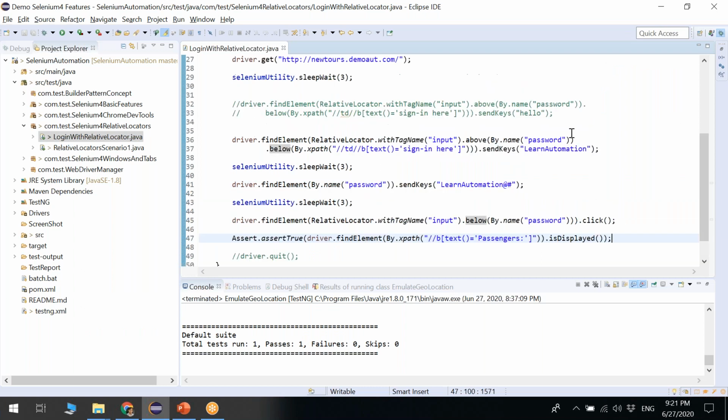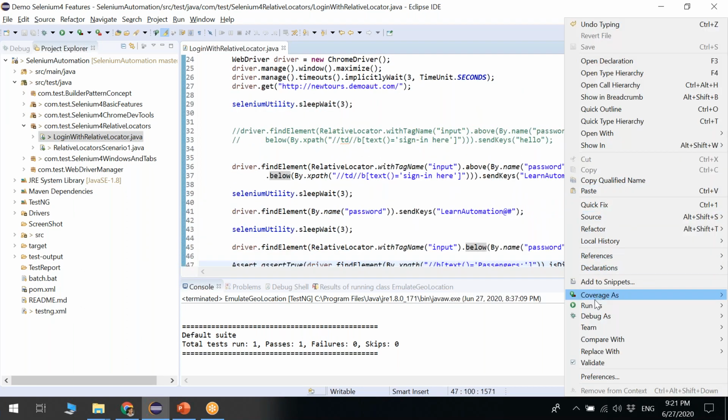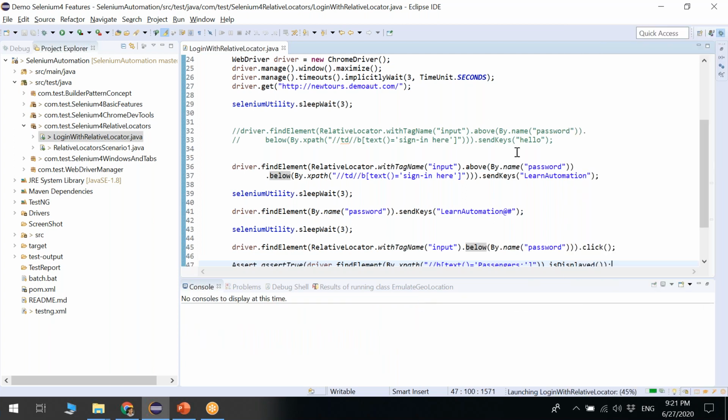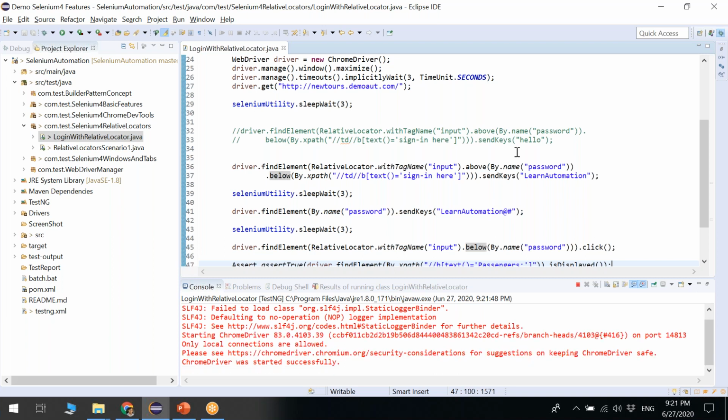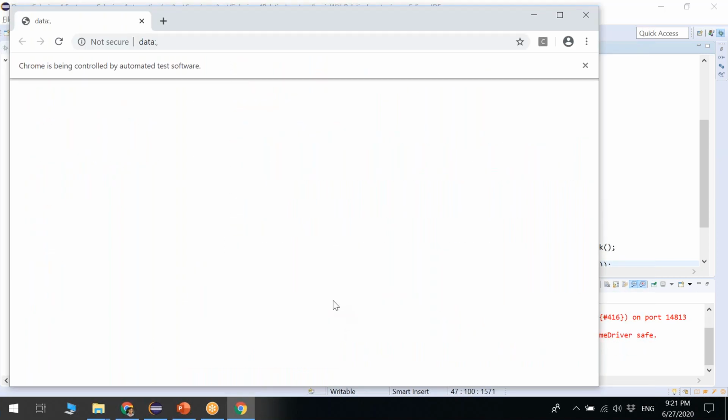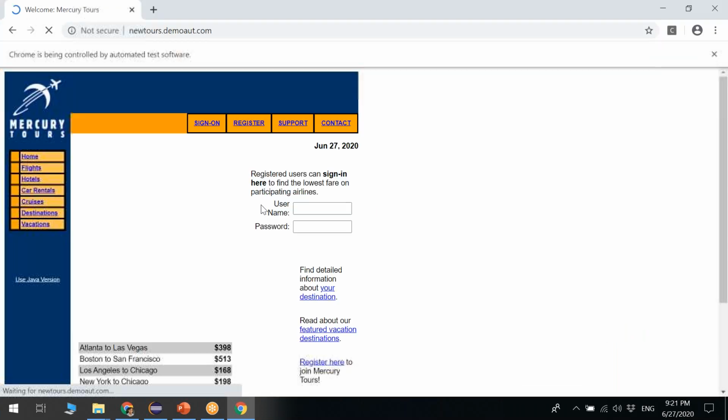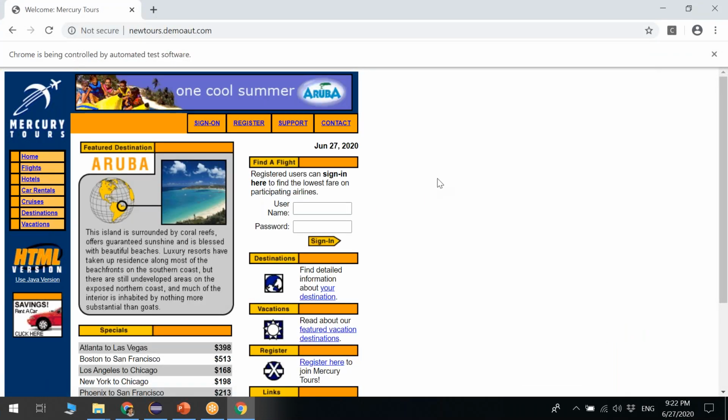Okay, let me execute and we'll see. So the web page is going to open. I am using ChromeDriver version 83, and it just launches the web page. And now it will enter username and password.